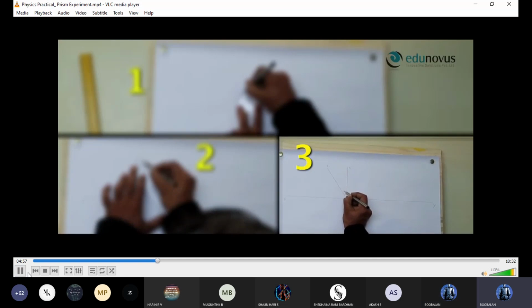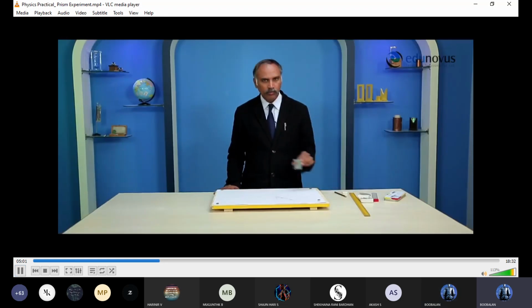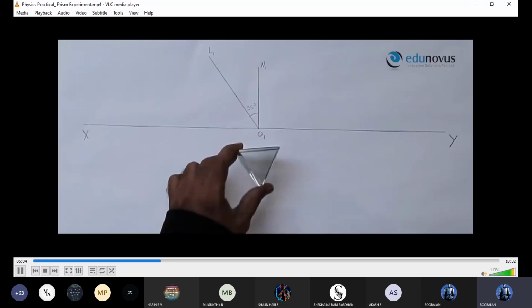Okay, listen. Some students make a mistake. In the protractor, this point is 90. I need to measure only the 30 value, but this point is 60, because 0, 10, 20, 30, 40, 60, 70, 80, 90. So 30 degrees means you want to place at 60 degrees. Okay, next. This is 35 degrees.